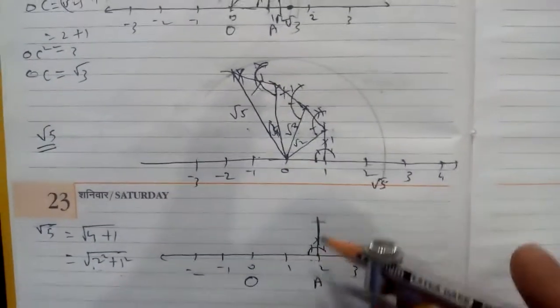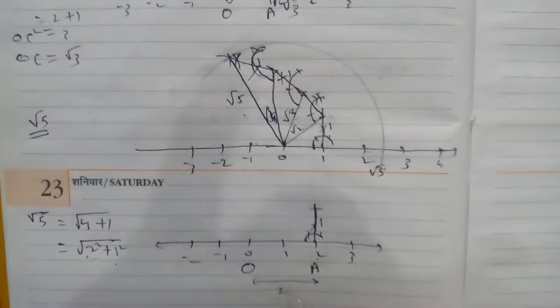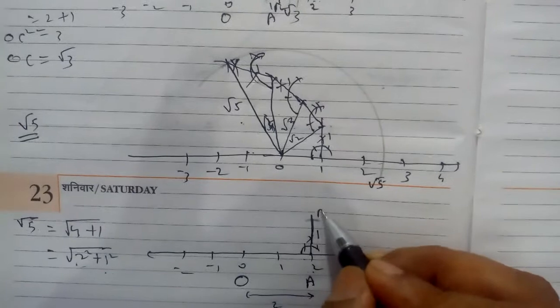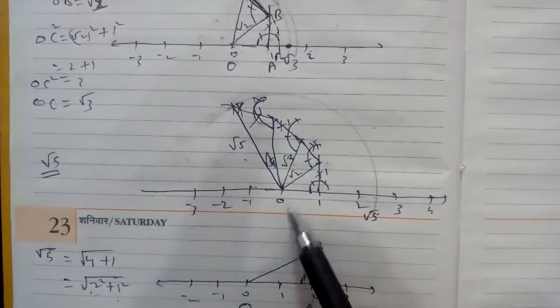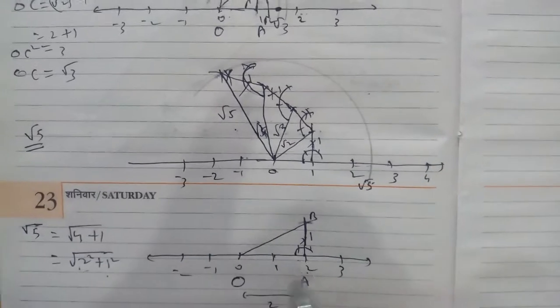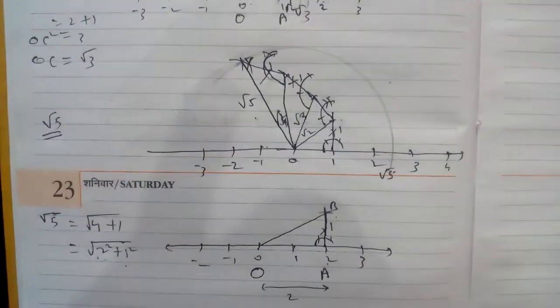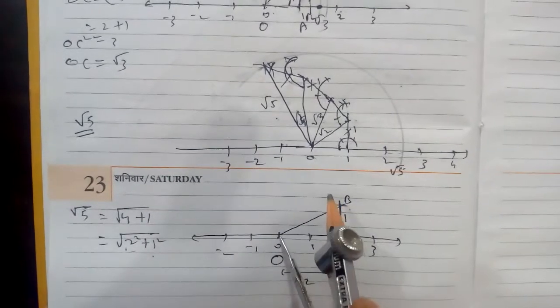You see that? It is a smaller part and it is a greater part. It is 1 unit and this part is 2 unit. So 2 square plus 1 square. When you join this B with O, you are getting OB, not from 1. Generally we join the previous number, but here you don't join 1. You leave this from 0, you join the B and then take the radius of this.